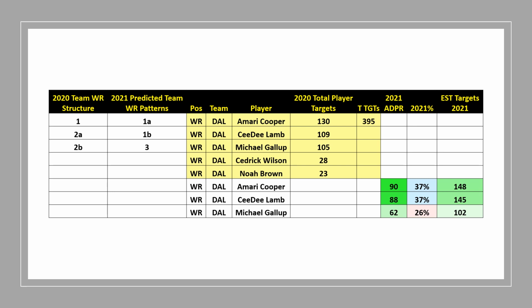Dallas, last year without Dak, it was 1, 2A, 2B. So it was Cooper and then Lamb, Gallup. This year, the public says it's a 1A, 1B, and then they're saying Gallup doesn't progress. He stays the same, but Lamb picks it up. Cooper's had some injury issues, so